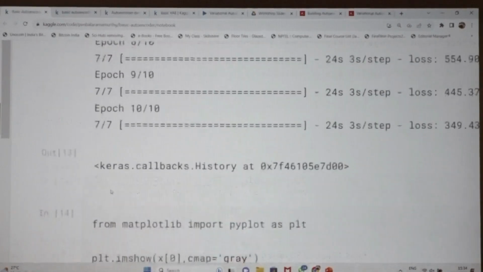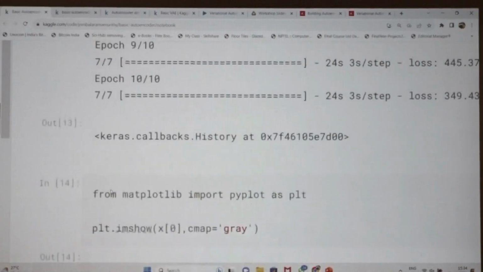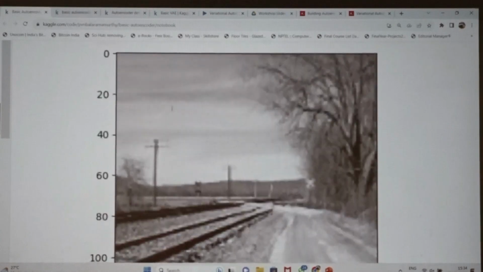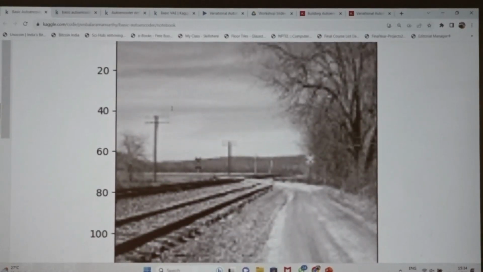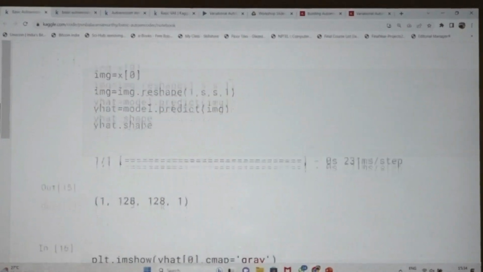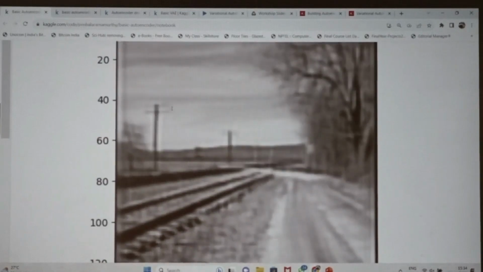So the model is trained, and this is the original image I am taking. See here, I am taking X of 0, which means the first image, and I am displaying it. And this is the regenerated image.